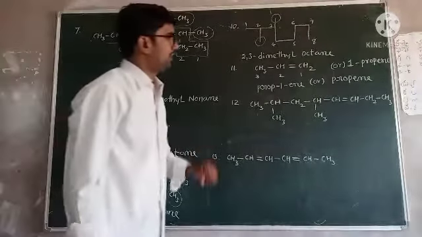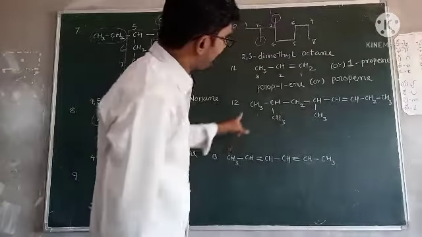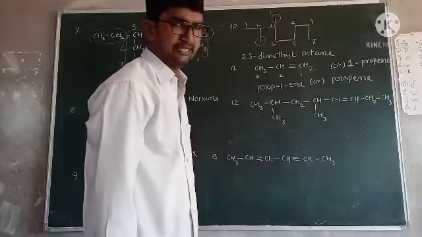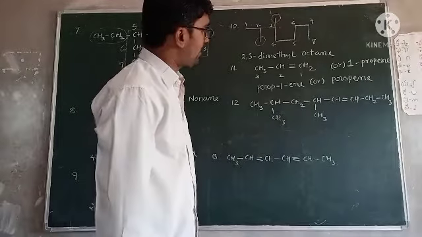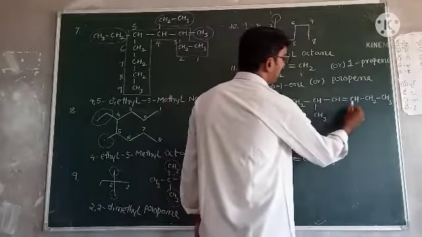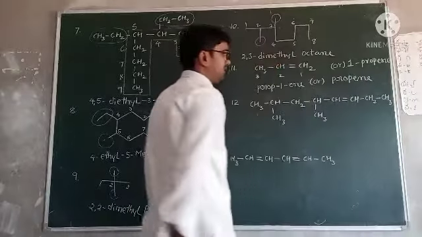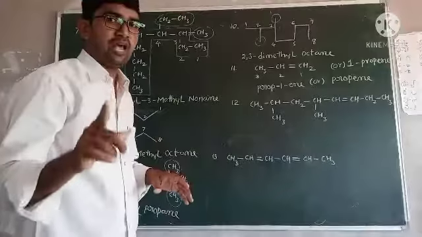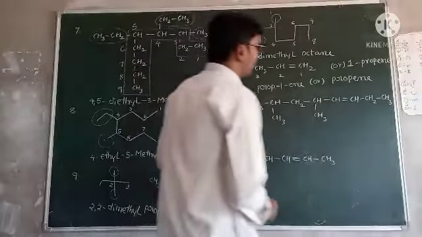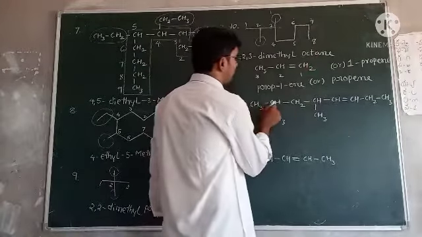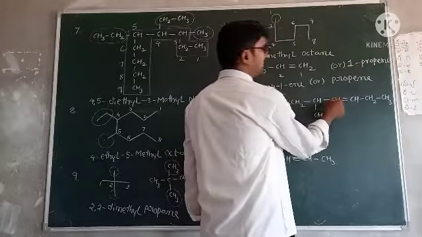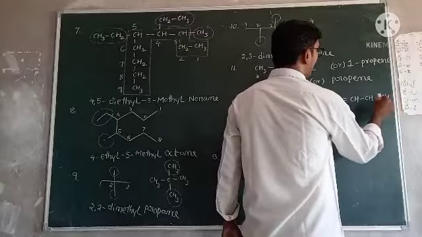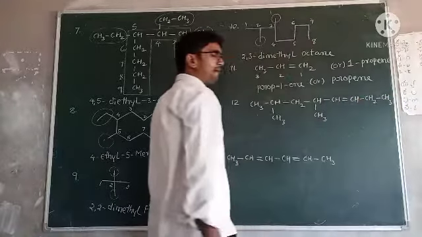Let's come to the 12th one. Is there any functional group? There is no functional group because only carbons and hydrogens are present here. Is there any multiple bond? Yes, here one multiple bond is present. Based on that multiple bond, give the numbering, and also we have to follow the lowest rule. So from this side 1, 2, 3, 4, at 5th position the multiple bond starts. From this side 1, 2, 3, at 3rd position the multiple bond is present.